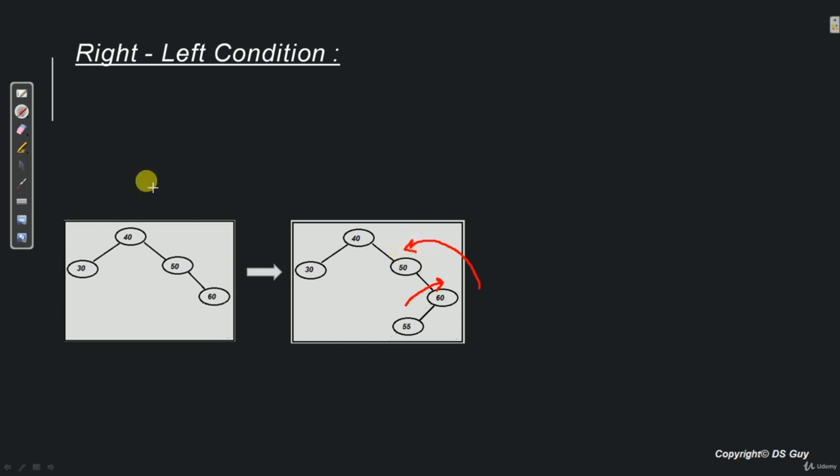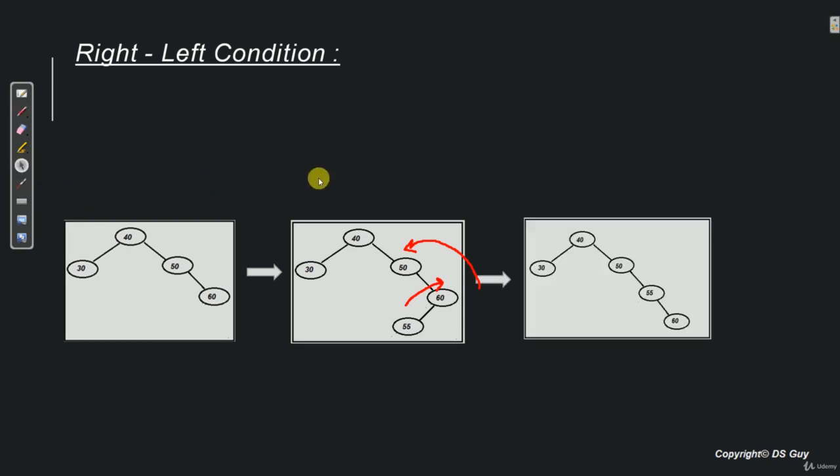Simple. So let's see how the tree looks after a right and a left rotation. After the right rotation, this is how the tree will look. So 60 went down and 55 went up. 50's right child has become 55 and the right child of 55 is 60. Now the problem is that this right rotation did not solve our problem. You see that this 50 is still disbalanced. Left height is -1, right height is 1, difference is 2.